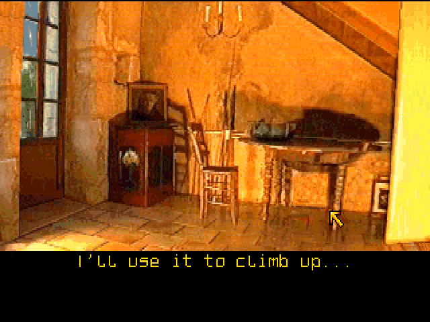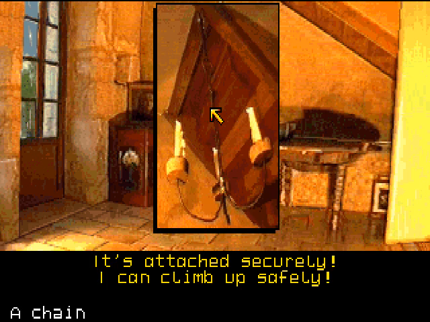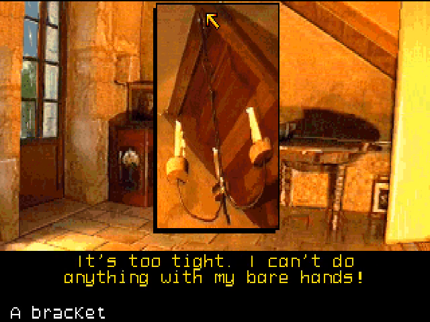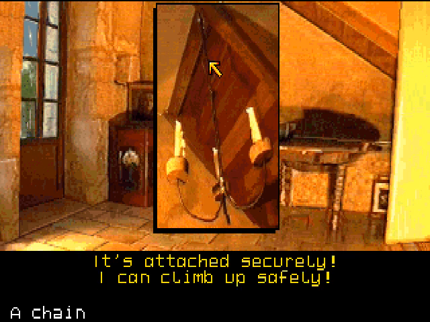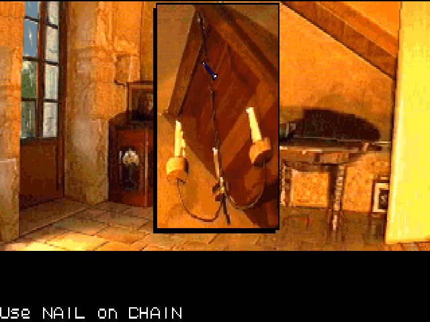Oh, I'll use it to climb up. A chain. It's attached securely. I can climb up safely. A bracket. Ah, that's where it's mounted. It's too tight. I can't do anything with my bare hands. Do I need to remove that bracket somehow? I don't have a screwdriver or anything. Can I...